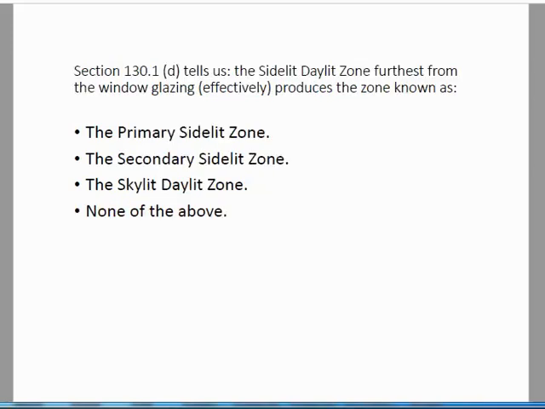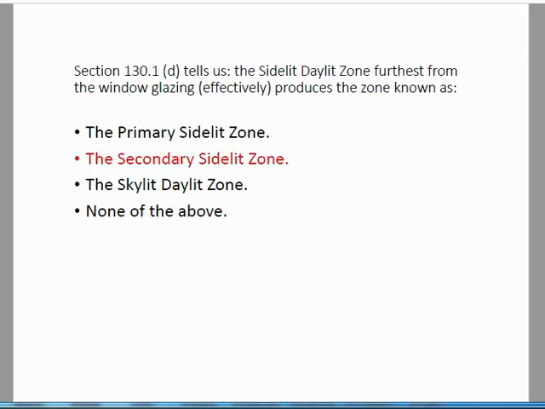Now here we have a question about daylit zones. We have a side-lit daylit zone that is furthest from the vertical window glazing. We can find this still in Section 130.1D if you're looking at the 2019 version of the code that goes into effect January 1st, 2020. If you're looking in there, you'll find this under Section 100.1 definitions. But for now, it's still in Section 130.1D, and it tells us that the side-lit zone furthest away from a